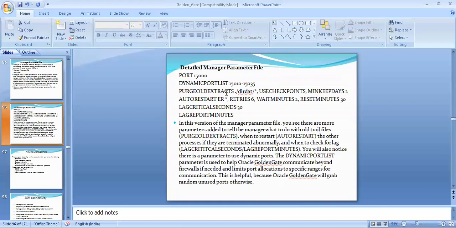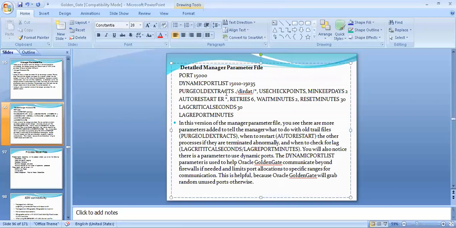Okay, this is the second example of a manager parameter file. We need to define the port number, dynamic port list, purge extract with minimum keep days 2, which means after 2 days trail files will be housekept, deleted.